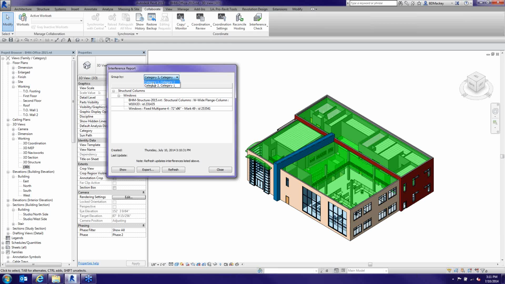So for me, Category 1 would be architectural model on the left in this case, and structural model on the right. That's all it does. It doesn't really change it that much. I honestly don't really know why that's an option and where that would be really beneficial, but that's what it is. So when you come down here and look at this, again, just like anything else in Revit,